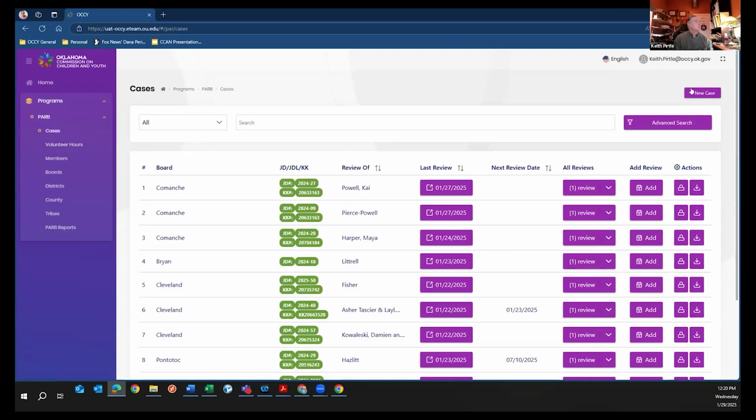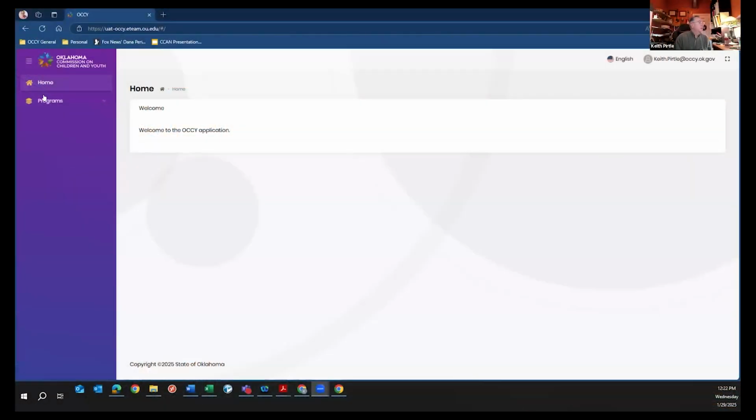So cases. Oh, wait. I need 1 second to go look at my membership. I tested this yesterday where I need to only give myself permission to look at certain cases, so I'm not sharing everything. Give me 1 second. Okay, everybody see the screen again?